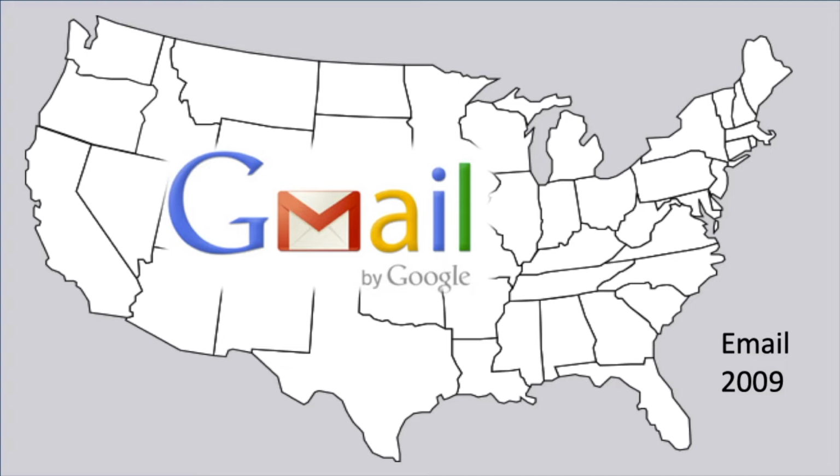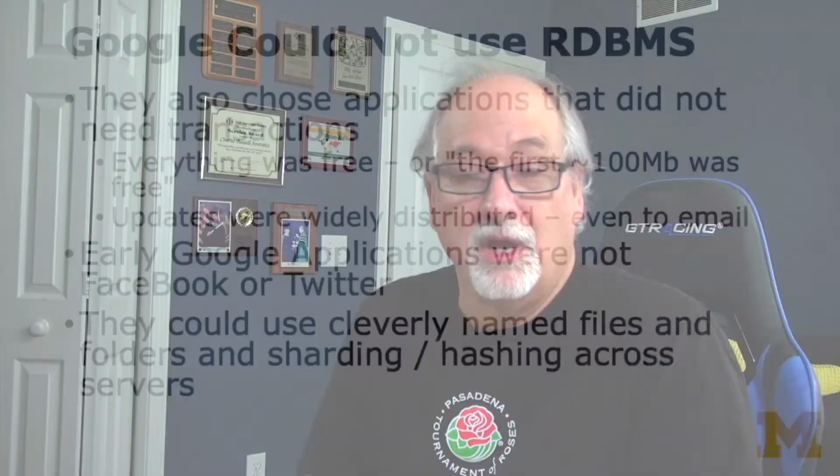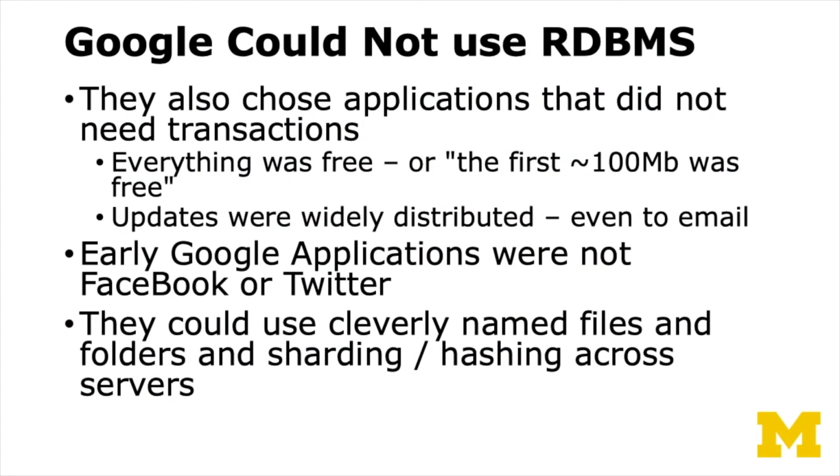2009. And that is, here's Gmail. Now, Gmail is not just a read-only thing, well, read-mostly thing, but Gmail's read-write. We're going to log in and check our mail all the time and send a message and delete it and this, that, and the other thing. And so Gmail is very much like a typical application that would use a relational database, going back to how universities were doing it in 2002. But it could not. It just couldn't.